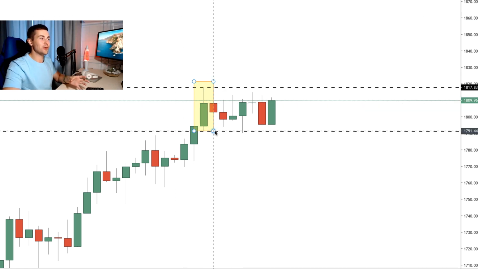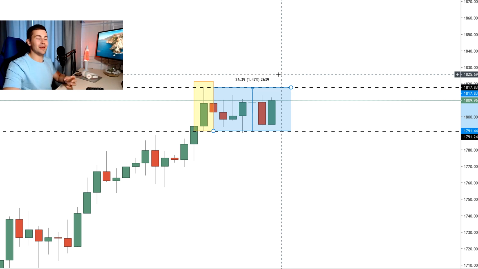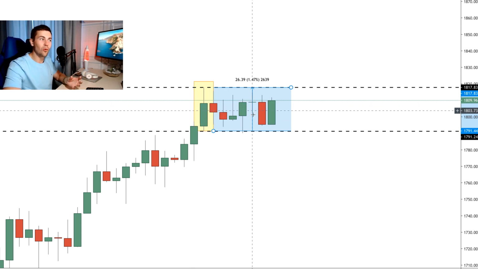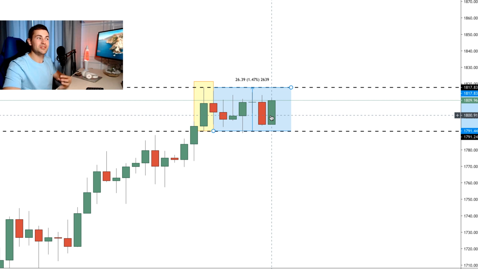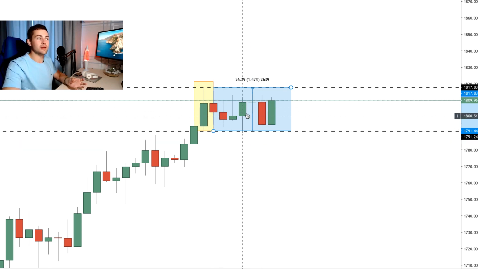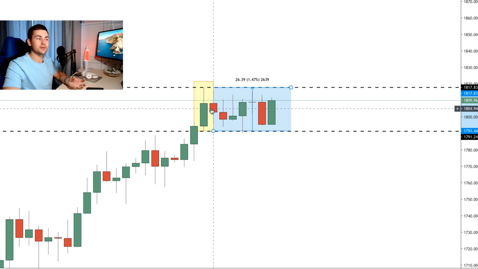Here goes our range, and this is just the classic example of the inside bar formation. This yellow here is the mother bar, and the market is trading within that. It is just the clear consolidation, and even on the daily we see the clear signs of the consolidation. Then this 4-hour breakout of the channel makes no sense for us. You see the indecision right here. You see the consolidation within this inside bar.